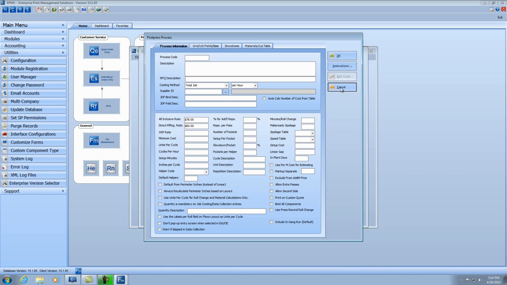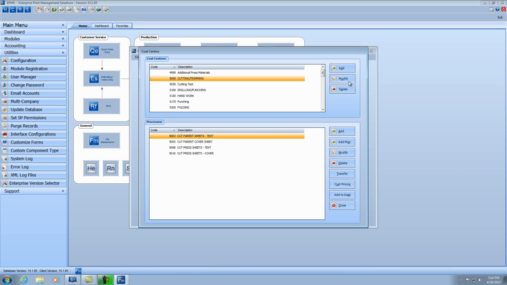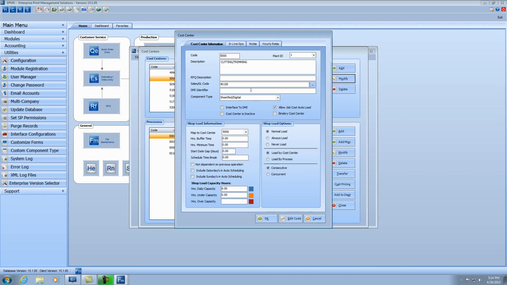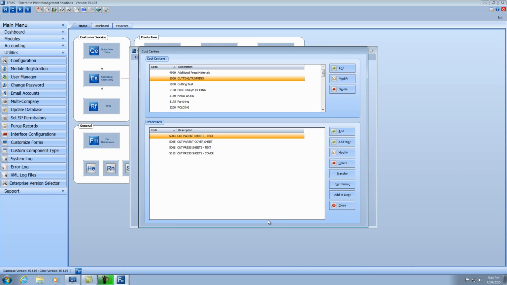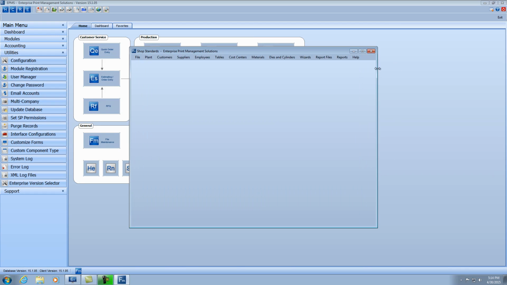One other enhancement we've added at the cost center level, I'm going to click on Modify again. We have a new component type field in the cost center setup. So this cost center could be for all different component types. But what if, say, this particular cutter, I only want it used for my sheet fed area. By selecting sheet fed, now when I go into estimating order entry,